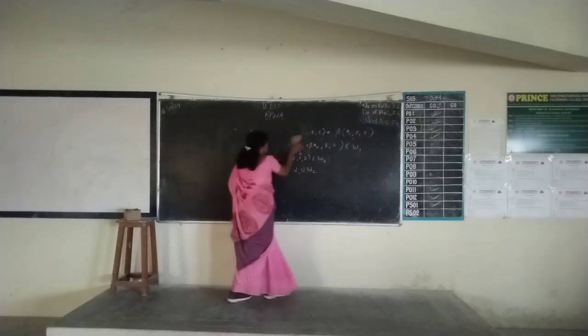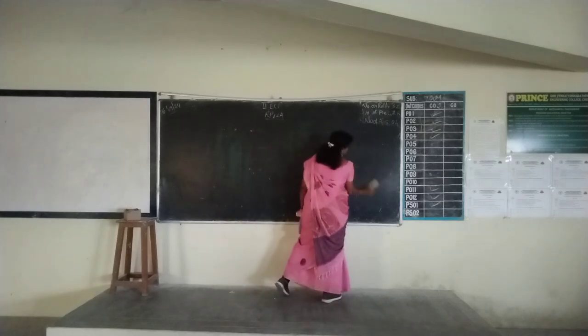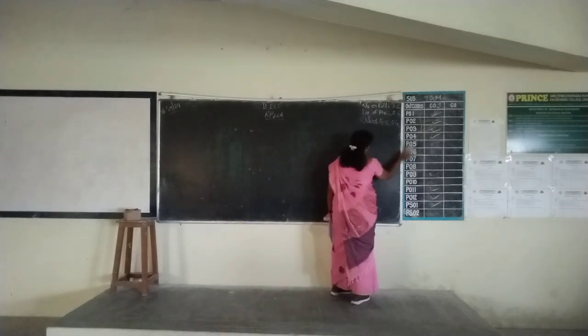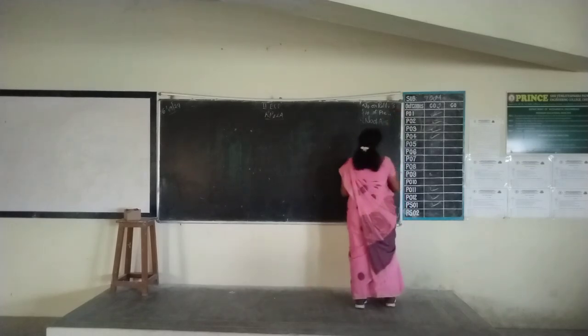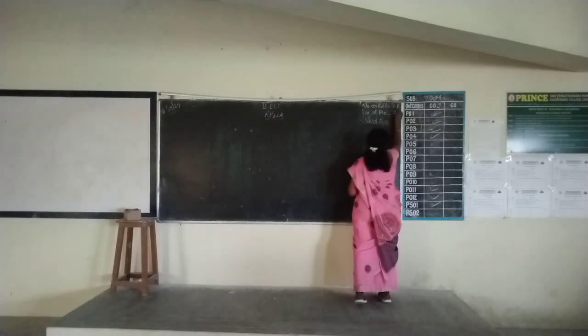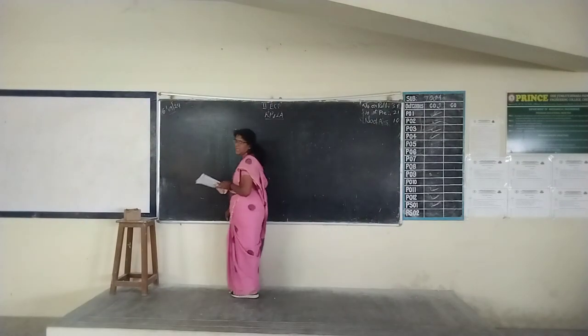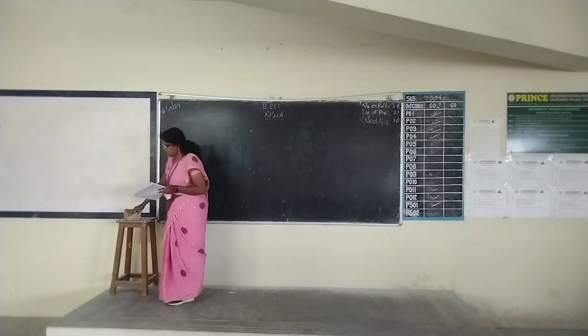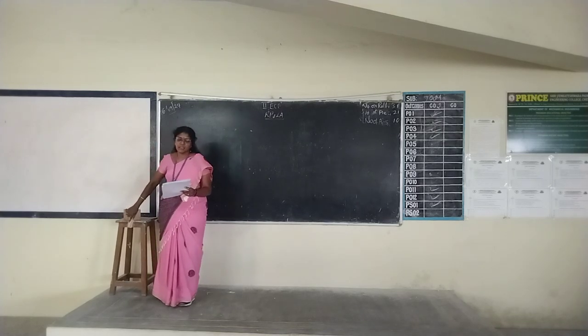Let W1 and W2 be two subspaces of a vector space V. Then the linear sum is defined as